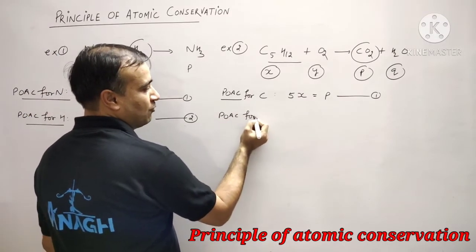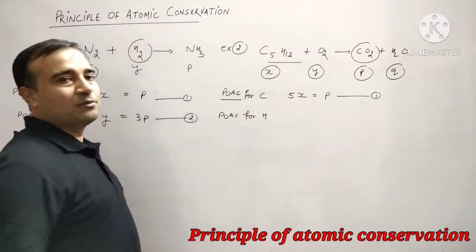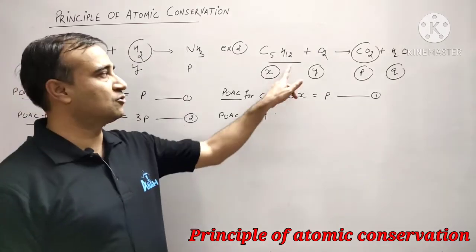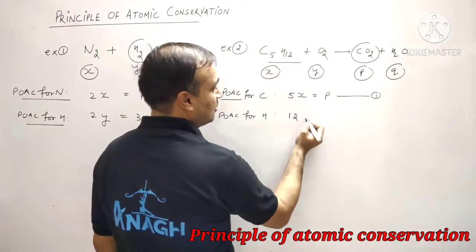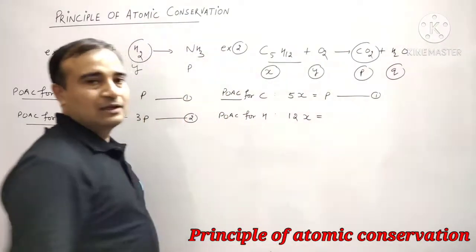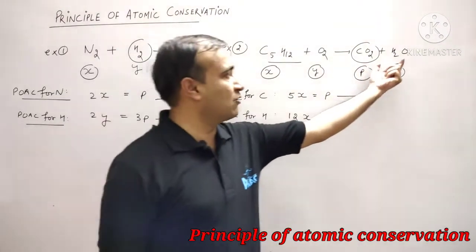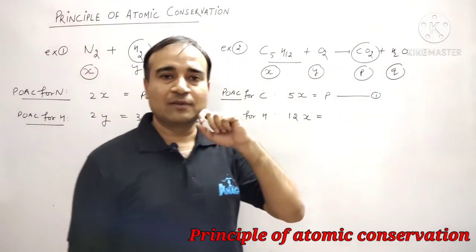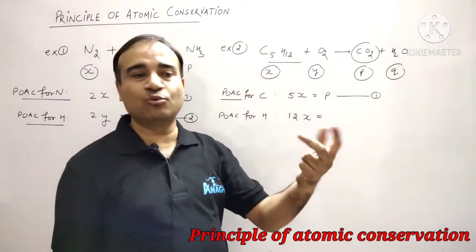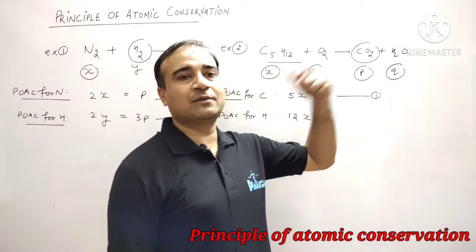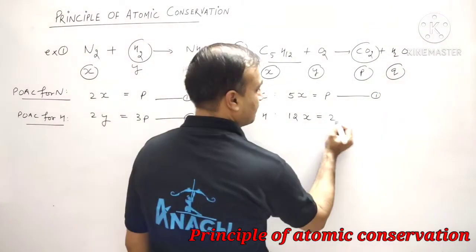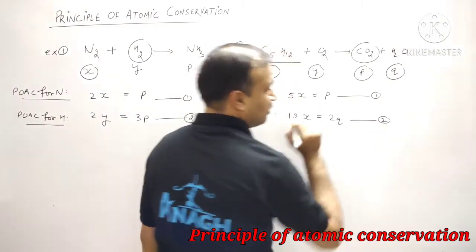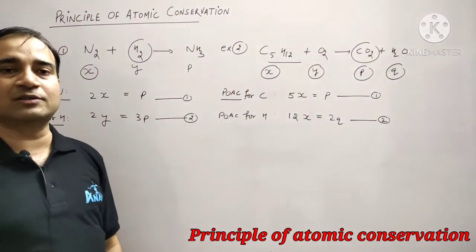POAC for hydrogen. What is the atomicity of hydrogen in pentane? 12. Then how many moles of hydrogen must be there? 12x. And on the product side, there is hydrogen in the water molecule and the atomicity of hydrogen is 2. What will be the number of moles of hydrogen atoms in Q moles of water? That must be 2Q. It is the equation of the POAC of hydrogen. And last,